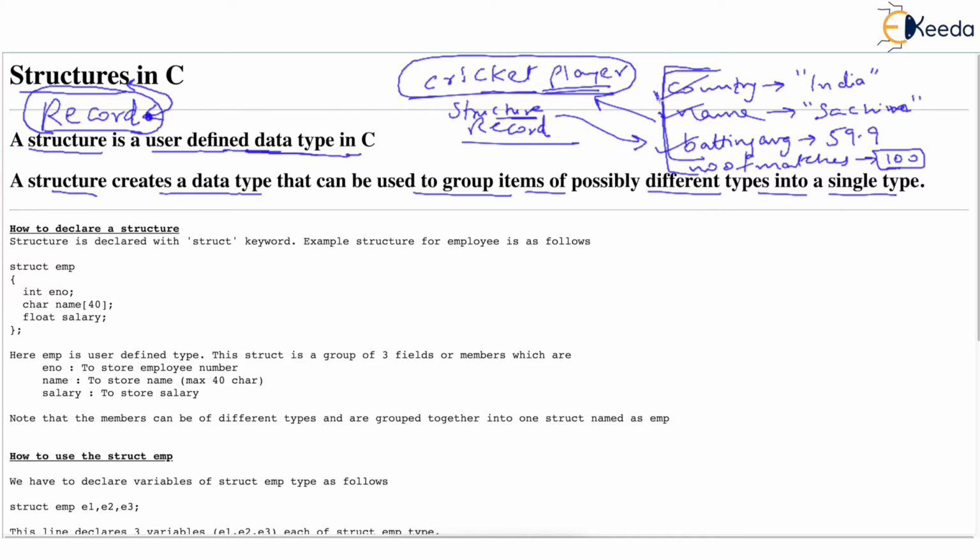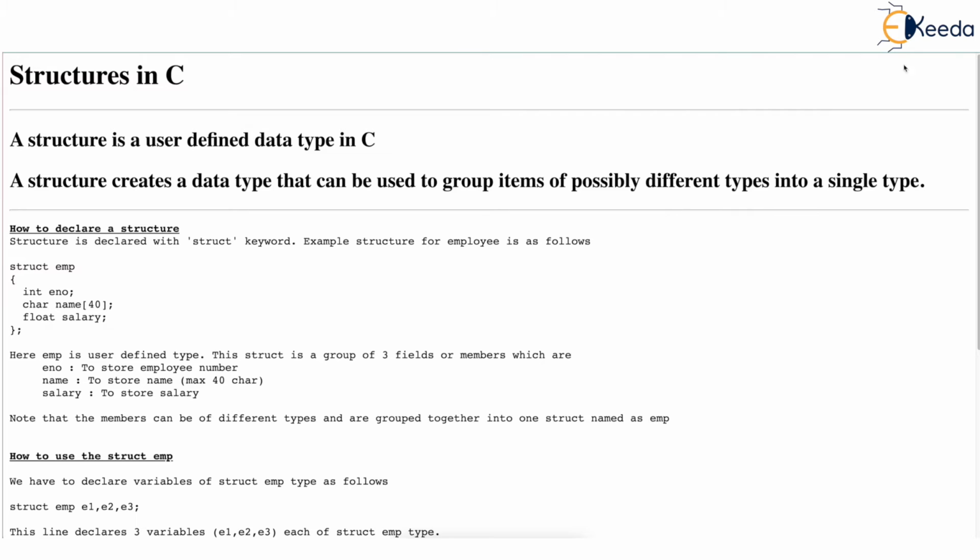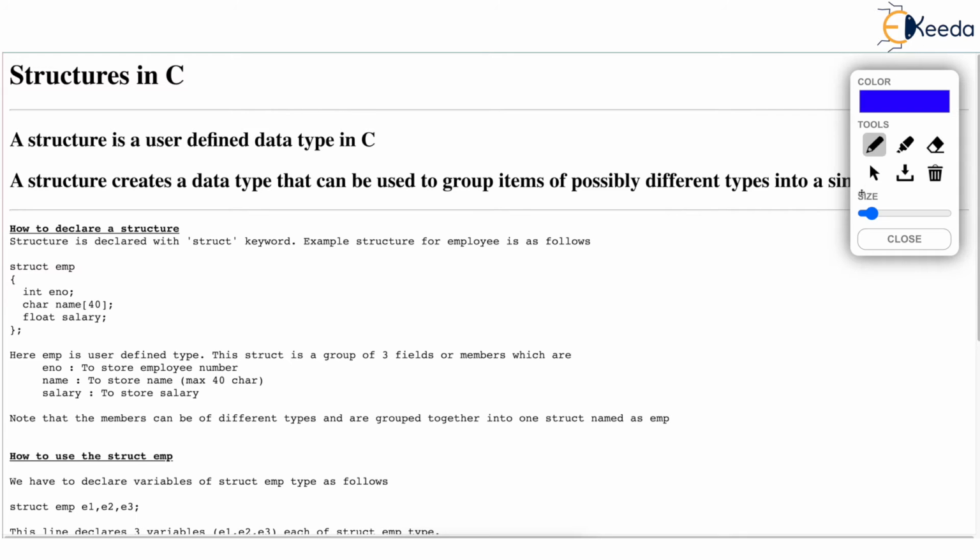And these various properties or items might be of different types. And when you group all these related properties, you say that you have created a structure for a cricket player or a record for a cricket player. Just check this very carefully. The definitions are not important from the GATE point of view.